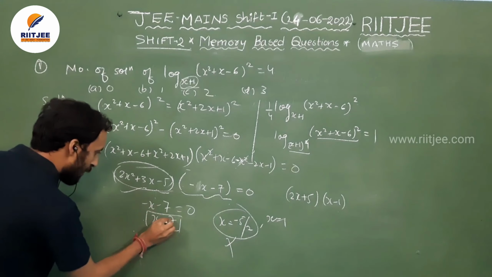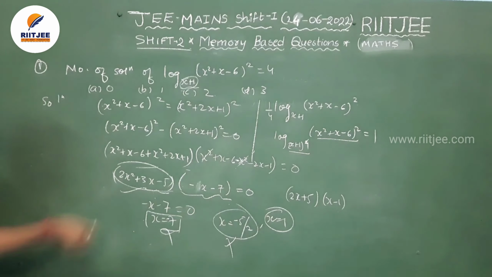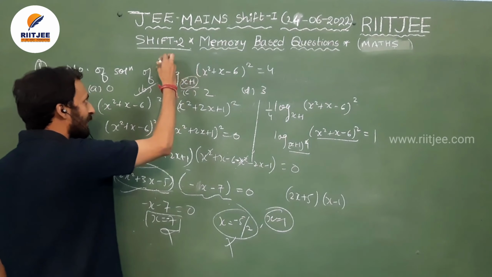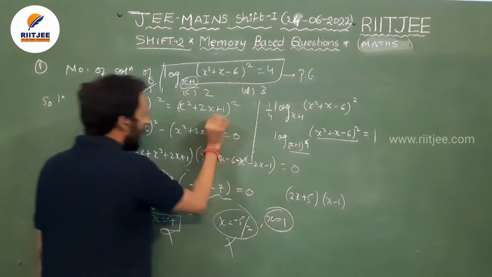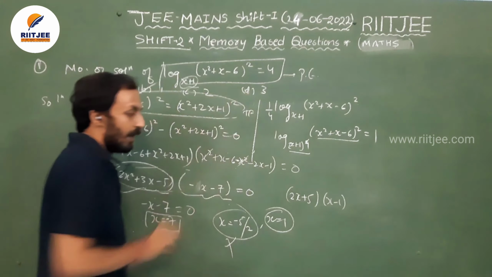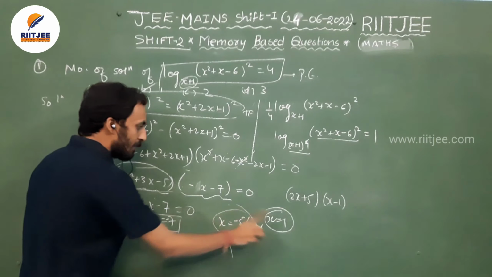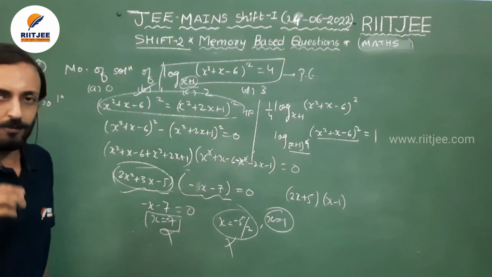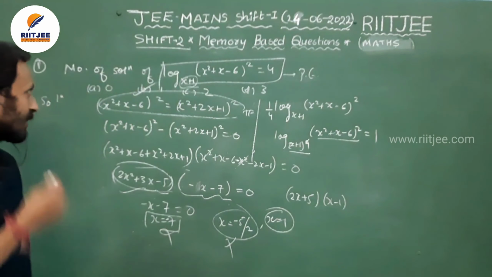So now x equal to minus 7, this solution is also not there. But x equal to 1, only one solution is there. So option B is the correct one. Though there is also an option 3, we don't have to mark it because this is the parental equation. As I earlier told you in the classes also, this is the parental equation and this equation is the transformed equation. So we don't have to put the solution into the transformed one. The solution must be satisfying the parental equation. So here I got 1. Those who have marked 1 as correct will get plus marks here. Okay, now let us move with the second question.